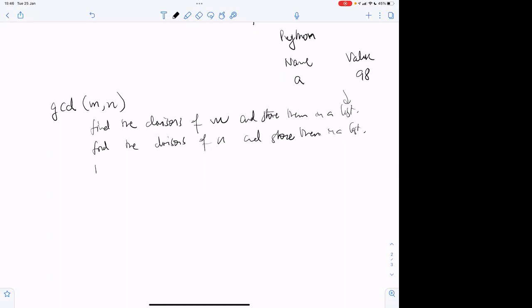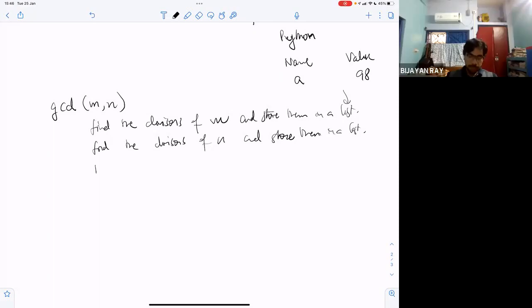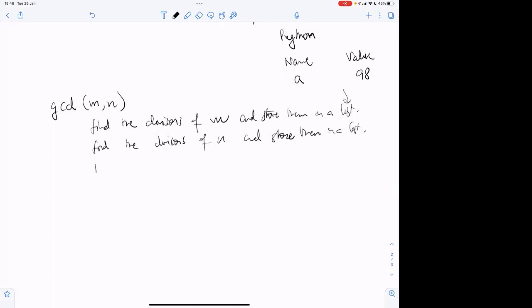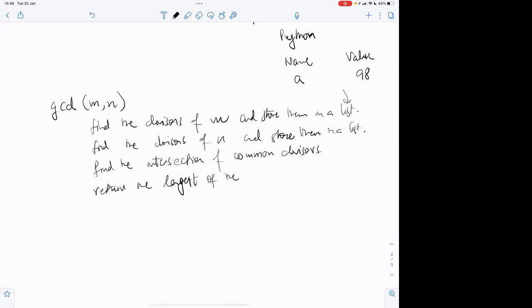So once you have these lists, you find the intersection of common divisors and then return the largest of the common divisors.